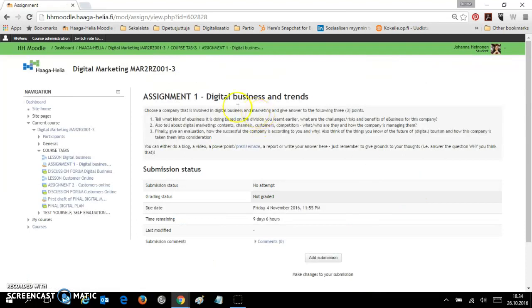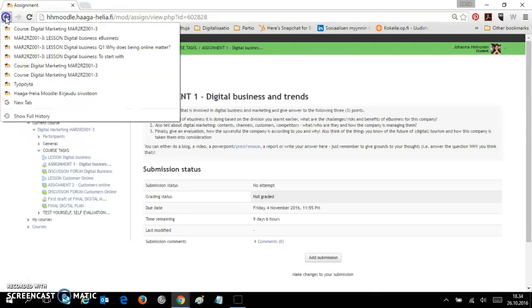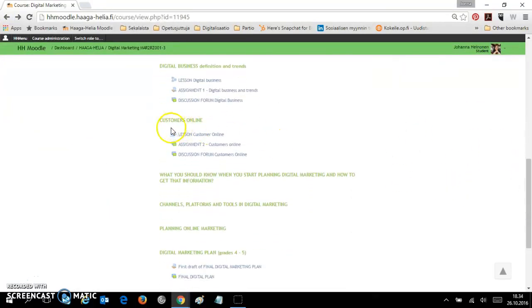Those who aim for grade 2 and 3, there is this assignment. And you see that there is something you should find, a company or an example or something like that. And you can do a blog, a video, a PowerPoint, Prezi, emails, whatever you want to. So it doesn't have to be a report here in these assignments. I just want you to deepen the understanding, a little bit more analysis of the topics that we have discussed in lessons. But the deadline is the same as for lessons. And that's what happens in the next one.